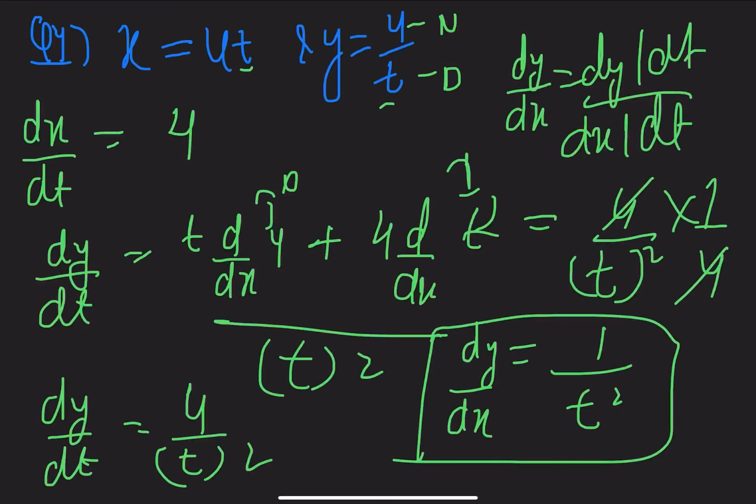Okay, I am so sorry, there is one error. This has to be a minus. In the quotient rule, this is a minus, so this is going to be a minus 1 upon t square. I am so sorry, I wrote it by mistake. In the quotient rule, we always have a minus in between. Okay, so this is going to be minus 1 upon t square. Fine. So that's your answer for question 4.